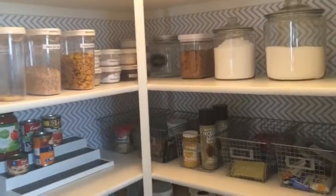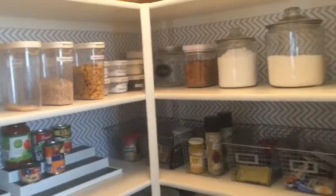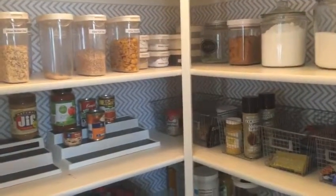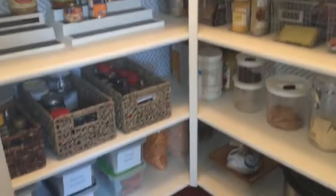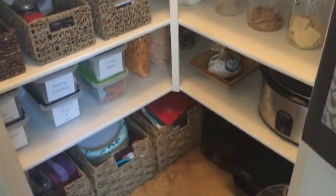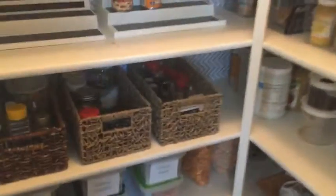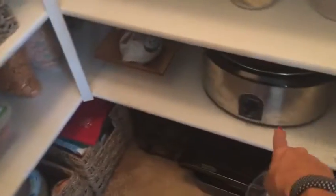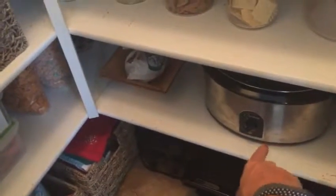Okay, so let's go into the pantry. This was my weekend project last weekend. So I took everything out of the pantry and I cleaned it out, wiped it down, swept the floor, mopped it, wiped all the shelving down, went through everything. I didn't realize, but before I had these 3 bins a lot lower on this bottom shelf, and it just was really